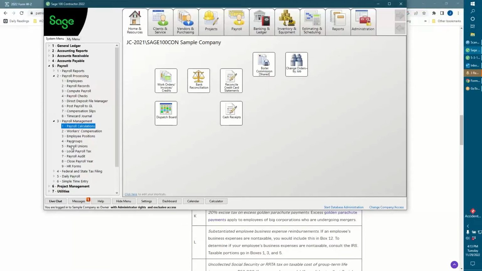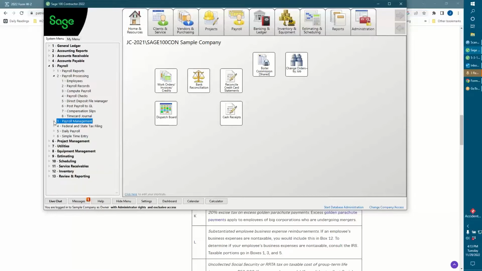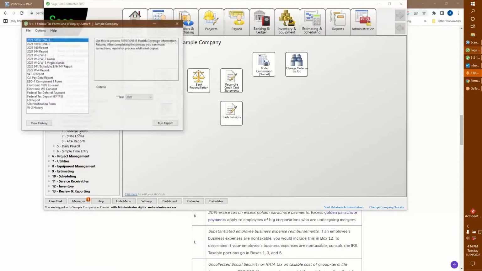and we are going to move ourselves into federal and state tax filing. So first of all, we're going to go to our federal forms. And that opens up. And what we're going to be looking at is the W-2, W-3. This is this item here, unless, of course, you are in the Virgin Islands or Guam, which most of you weren't. So we're going to print that, and we're going to print it for 2022.